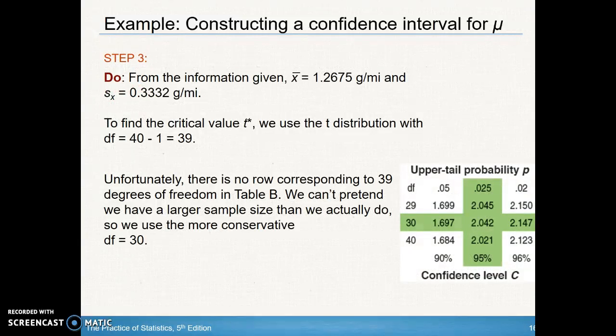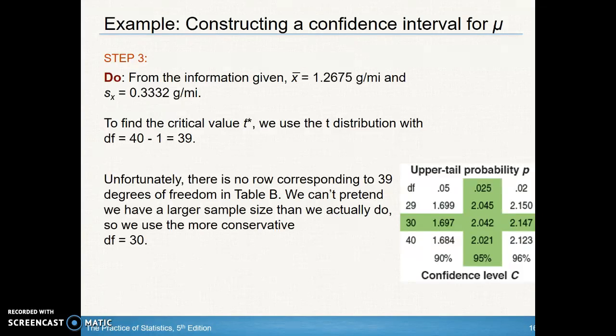Okay, so step 3 is do, and so now we actually put it all into the formula. From the information, we know what the sample mean was. We know what the sample standard deviation was. So to find the critical value, we go to our table, and they told us that we wanted a confidence level of 95%. So at the bottom of the table, and you can look at this in the back of your book or in the handout of formulas, at the bottom of the page you find 95%. Since our sample size was 40, we subtract 1,